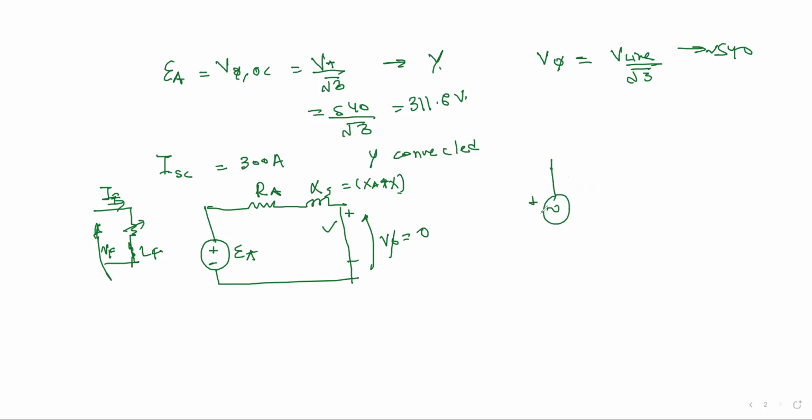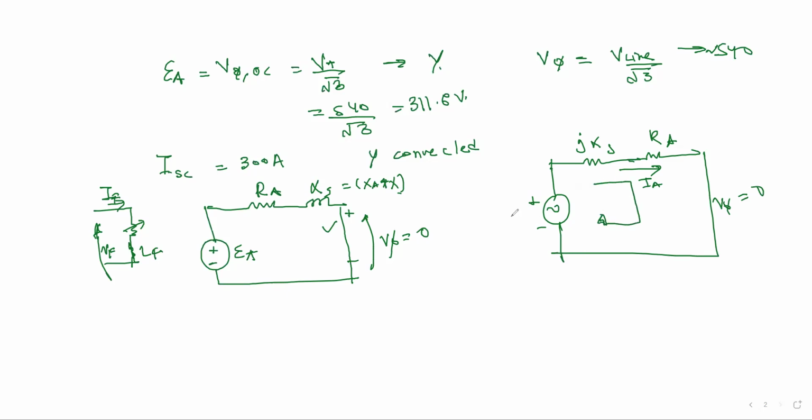So this is the new circuit. This is my jXs, this is my Ra, and I short circuit this, and the V phase value becomes equal to zero. In this scenario, to calculate this Ia value, if I apply KVL, Ia would be equal to Ea